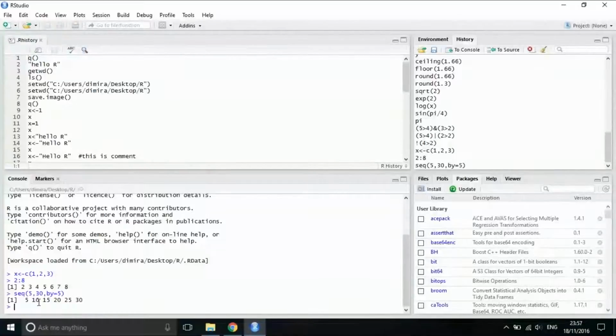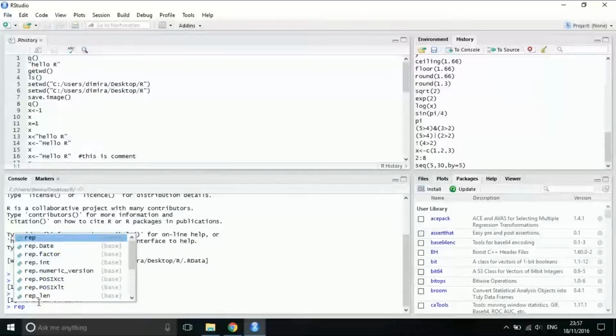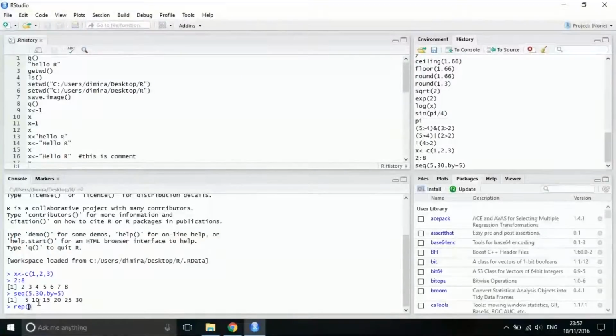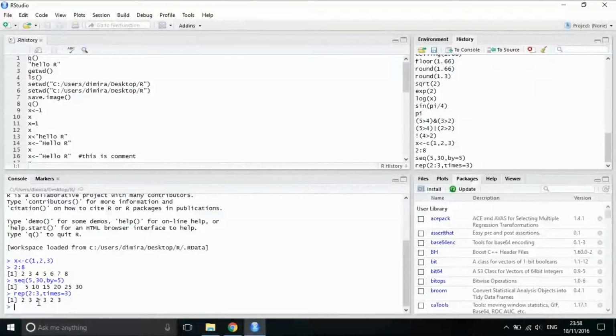And if you want a repetitive vector, then we can generate a repetitive vector by the rep function. So I'll just type rep 2 colon 3, times equal to 3. So it generates a repetitive vector, and this times means how many times we are repeating this 2 to 3 pattern. So we are repeating 3 times. And if you want to repeat each element of a vector, then we can write